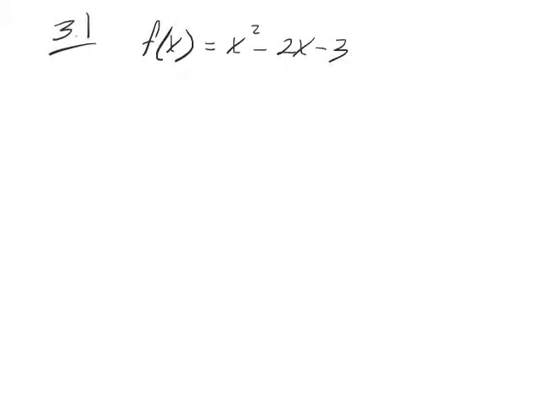Just a couple bits of vocabulary here. The number in front here is called the leading coefficient. In this case it's 1. This entire thing, 1x squared, would be called our leading term. It's the first term. And the degree of the polynomial function is, in this case, 2, because it's got